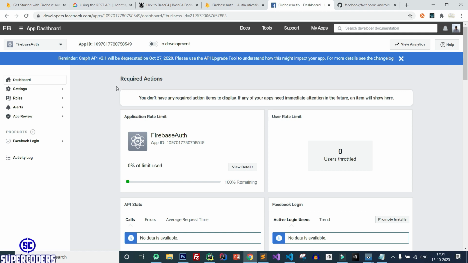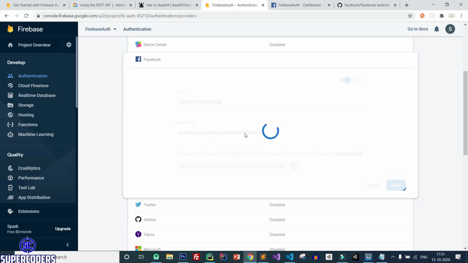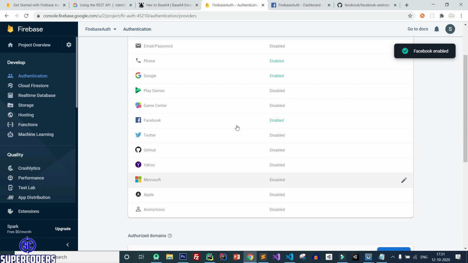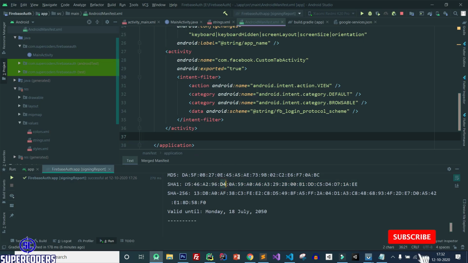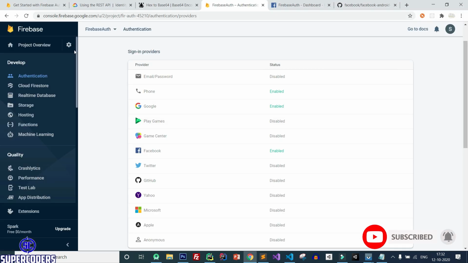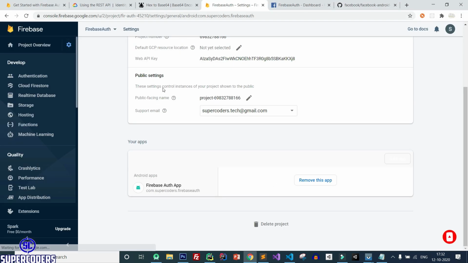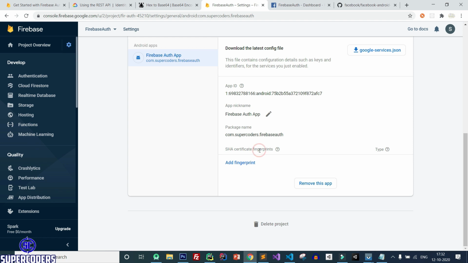Click on dashboard, and everything has been done for Facebook login. So simply save it. Now Facebook SDK enable, Google enable, phone enable. Now here we need to do one more setting. So here just copy the SHA1 key, simply copy it and click on setting, project setting, and here paste your